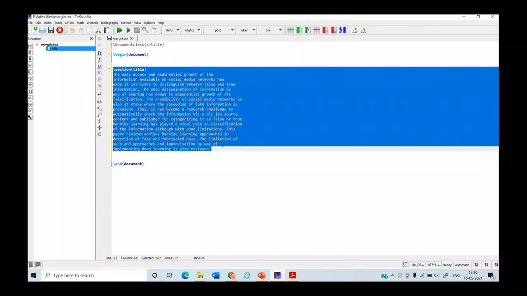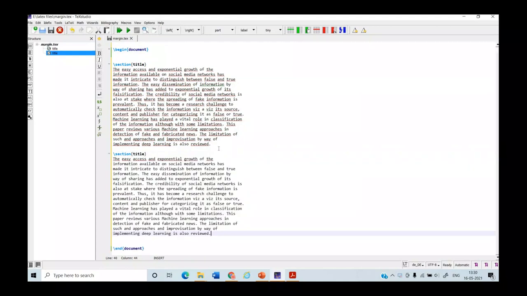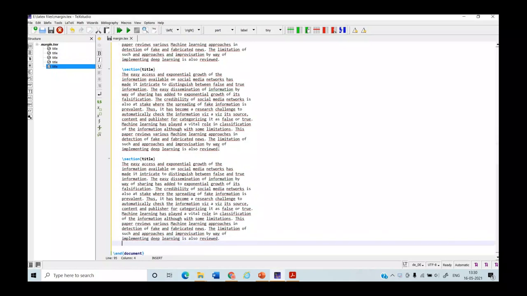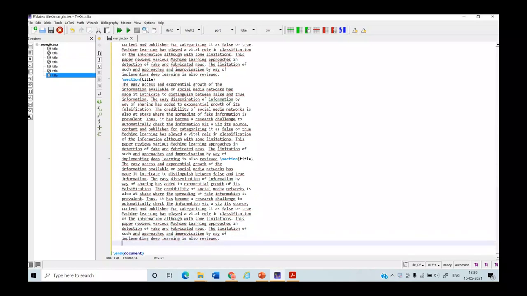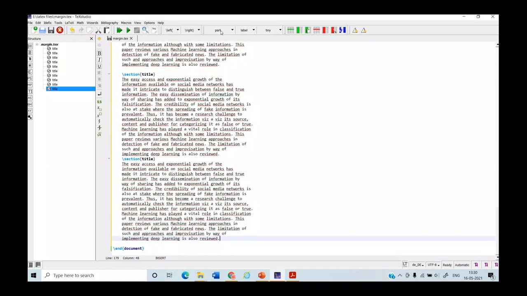Now select this section, copy and paste it many times. Okay, so I have pasted it many times.